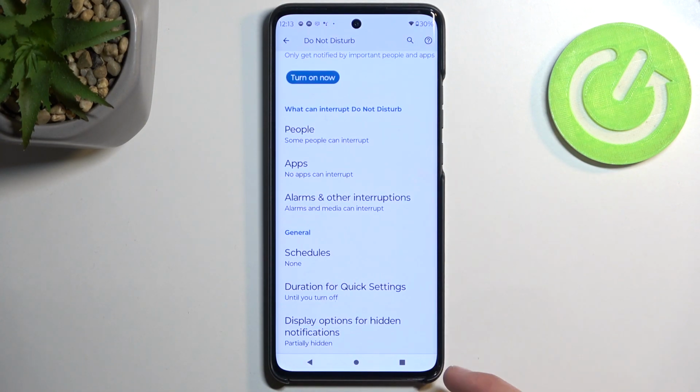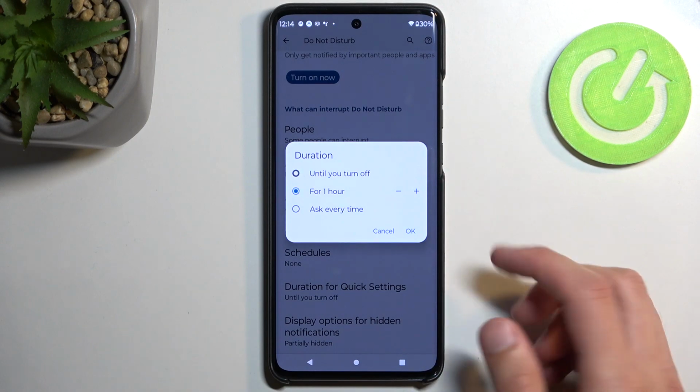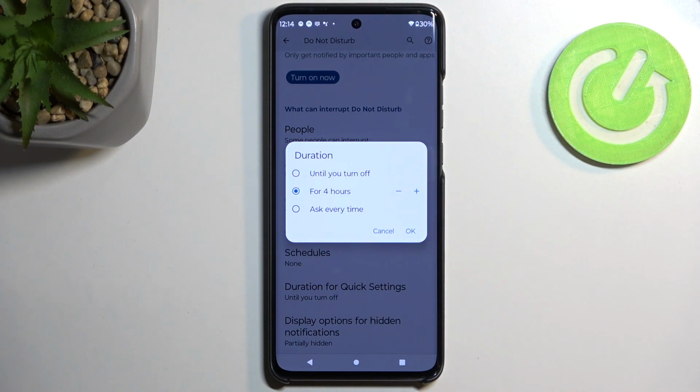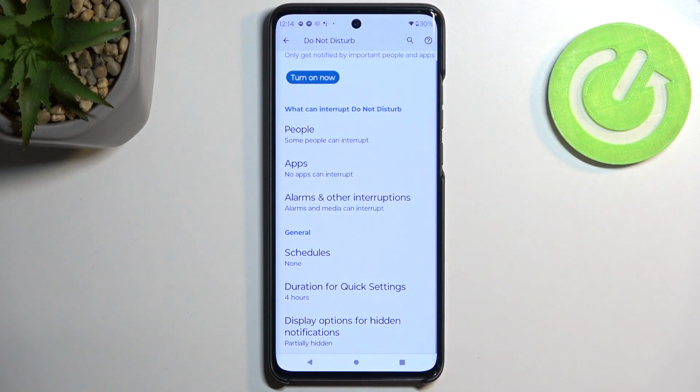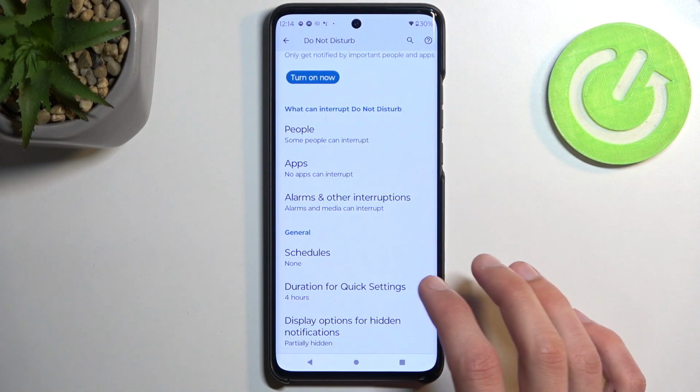And then below that we have duration for quick settings. Now this is a good option for people that will be using this manually and not on a schedule, and also tend to forget to turn it off. So personally I would be selecting the timer right here and setting it to something like 4 hours as an example. Anyway, from here, once you select the timer